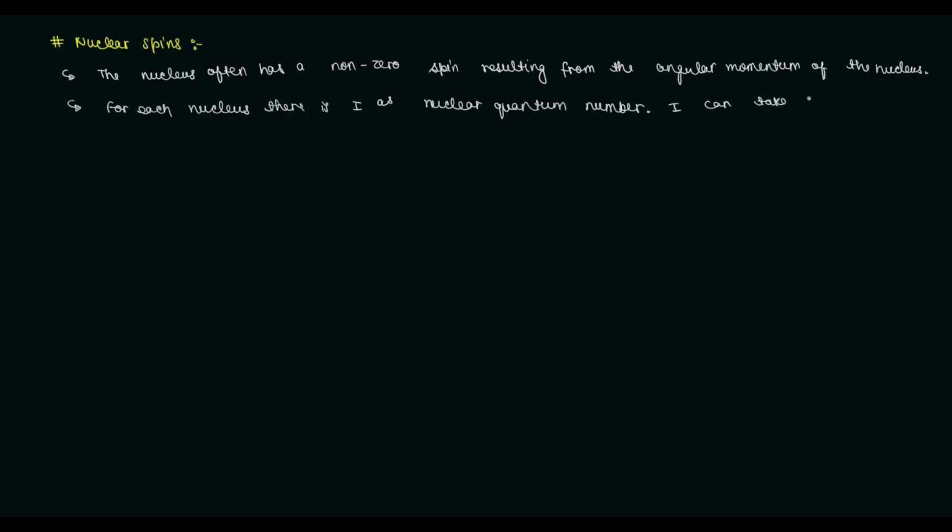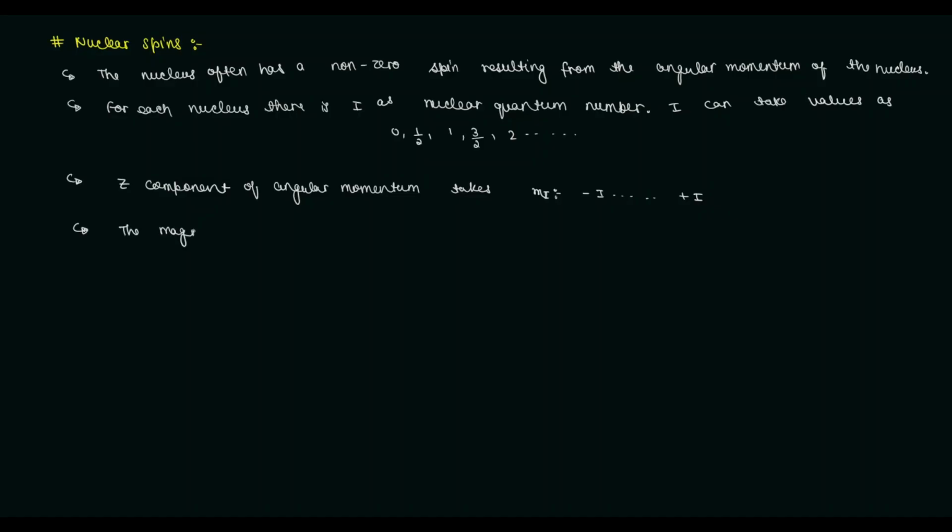Here I can take values as 0, 1/2, 1, 3/2, 2 and so on. And the z component of angular momentum takes values m_I, which runs from minus I to plus I. The magnetic moment for the nucleus is given by mu equal to g_I mu_N times I, where g_I is the nuclear g factor and mu_N is the nuclear magneton,